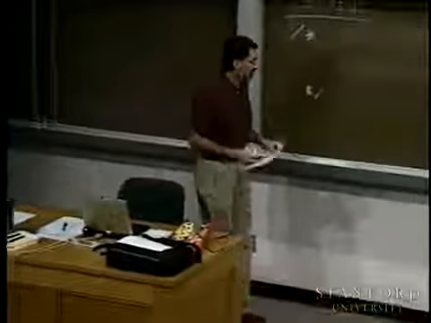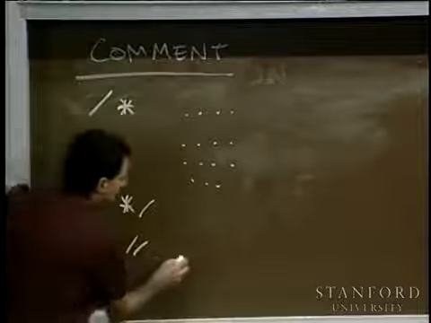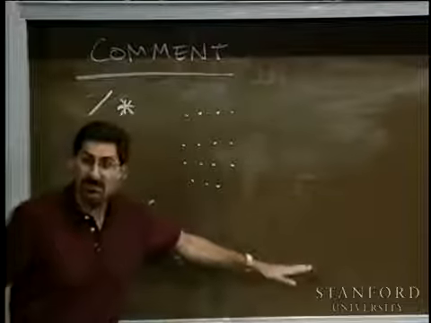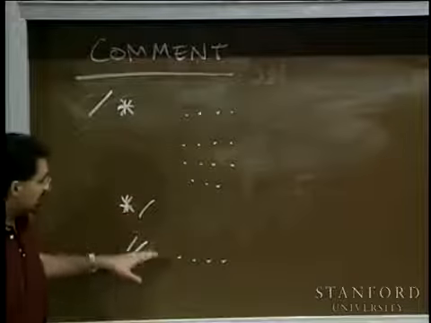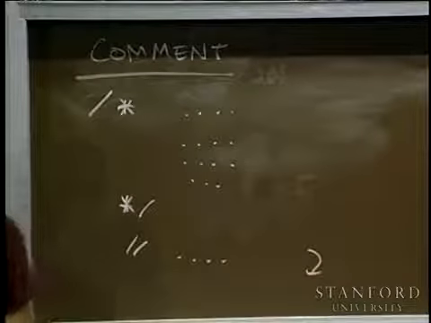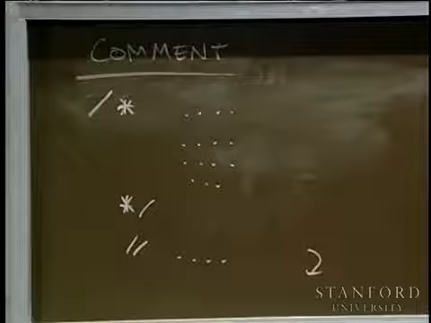There's also a shorthand you can use. A comment that starts with // means everything on the remainder of this line is a comment. So it actually has no explicit close the way this one does. Everything else to the rest of the line, when you hit a return, is how it knows it's done with the comment. So sometimes if you want a one-liner comment somewhere, you can just put a //